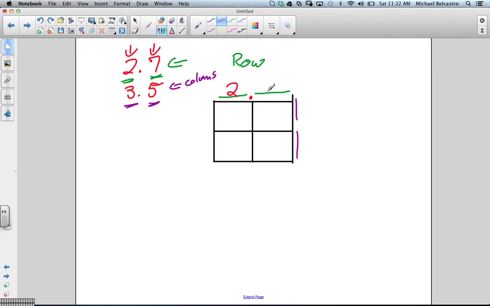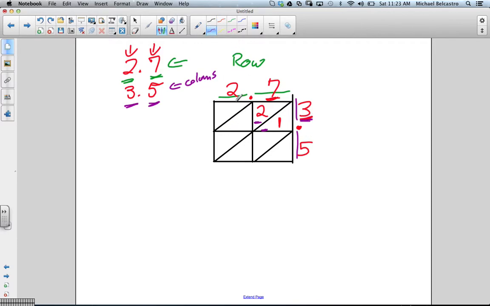We have 2.7 and we have 3.5. The way we do the multiplication here is kind of like a bingo game. The only difference is I am going to put little crosses through this, diagonals essentially. Okay? And when we're multiplying, the top diagonal deals with the tens column, and the bottom one will deal with the ones. So I know this is kind of new to you guys. What would 7 times 3 be? 21. So the 2 would go in this column here because it's the tens, and the 1 would go down here. Okay? It doesn't matter what order I do as long as I follow it like a bingo